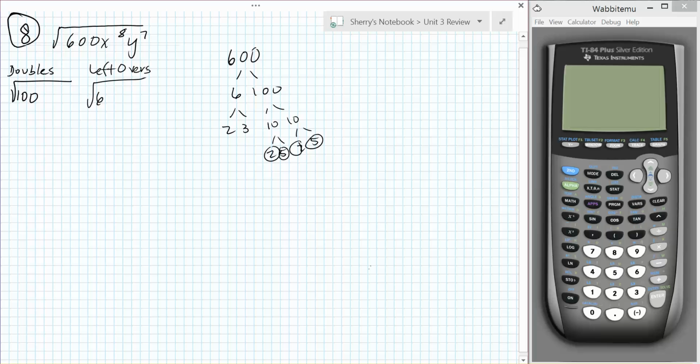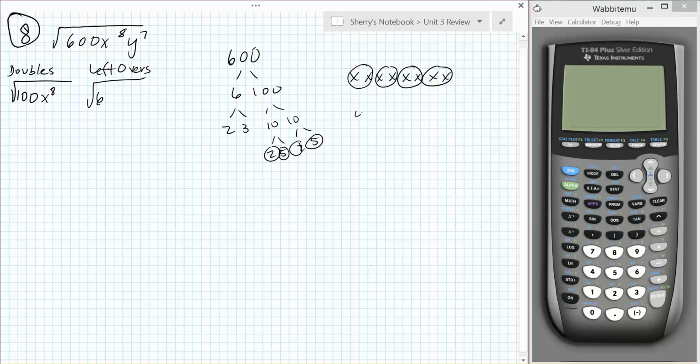By dividing things up this way into doubles and leftovers, the doubles will actually be able to take the square root of completely. The leftovers will just stay inside the square root when I'm done. When we get to talking about variables, if we have x to the 8th, let's see, we've got 8 x's there. Notice that we've got several different pairs of values, in fact. Everything has doubles. So x to the 8th is actually a perfect square,